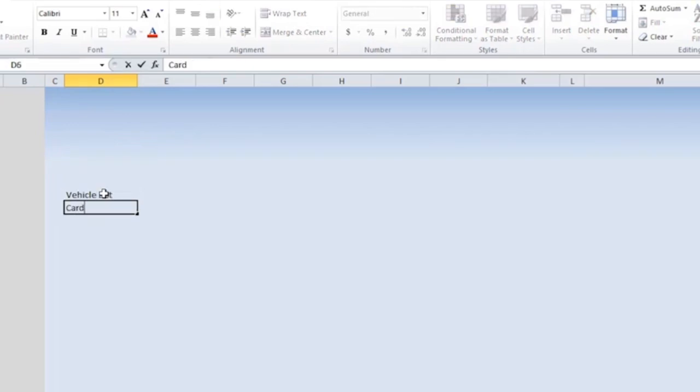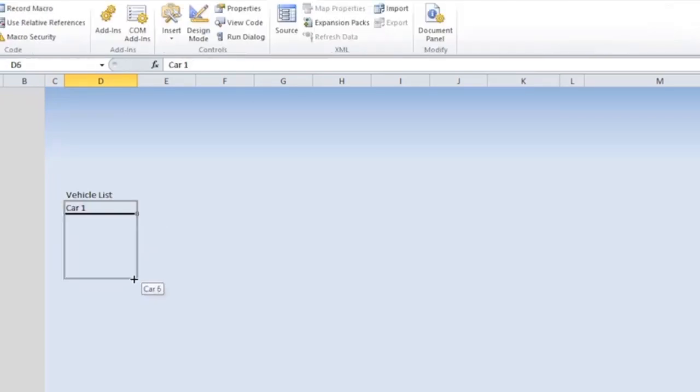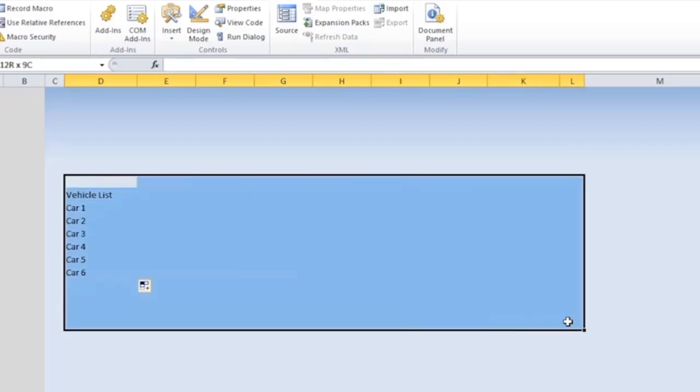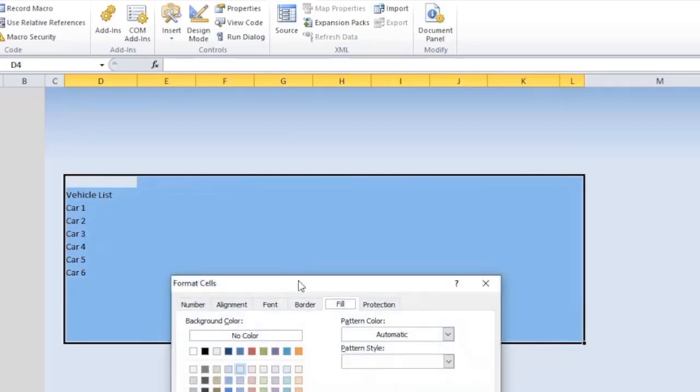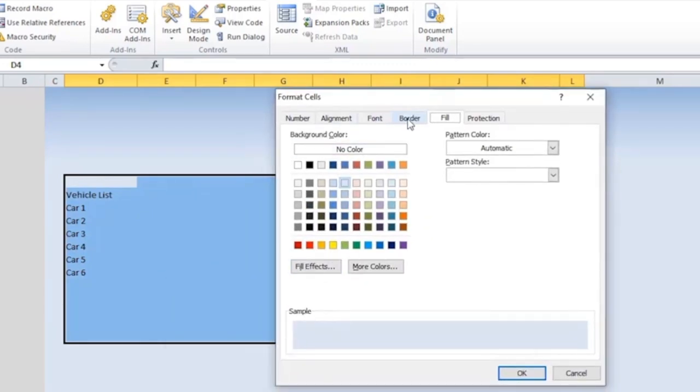So let's just say car 1. So we'll just go down, a few different cars. I'm going to change that. So basically I want this to have a car list, and I want this first group to be from, let's say, 4 to L. We'll go down to line 16. So I'm just going to create a border around that, and that'll be our first group because I want different